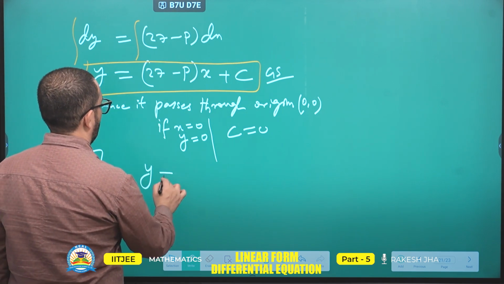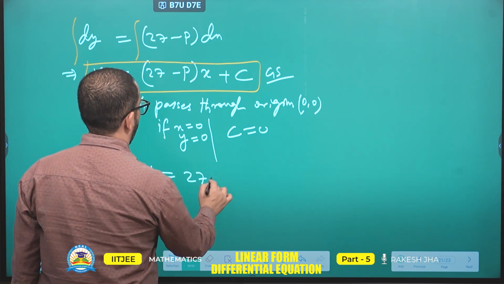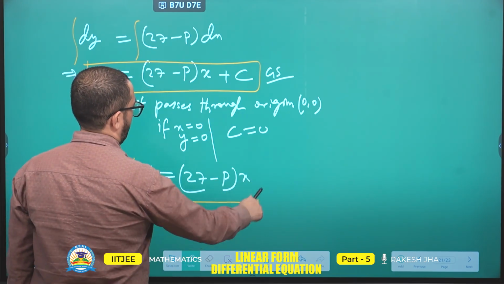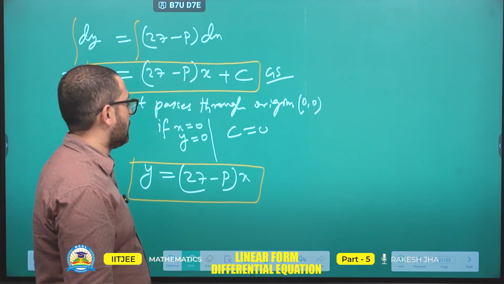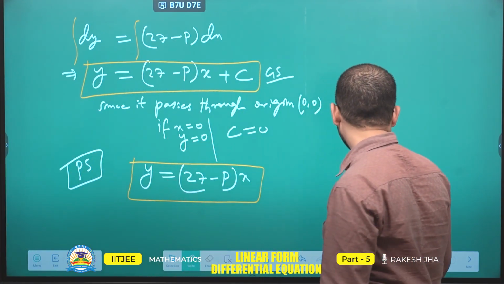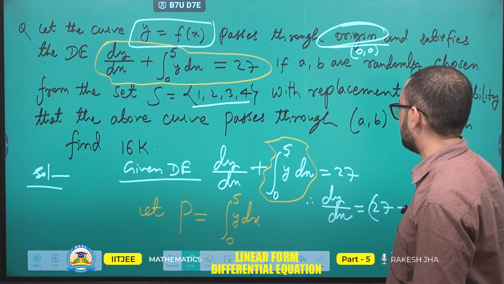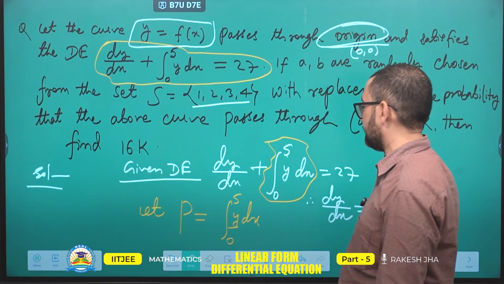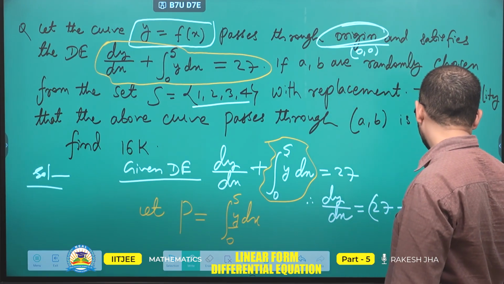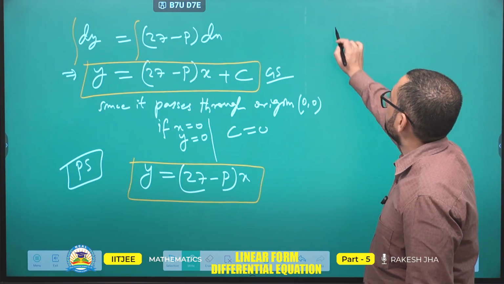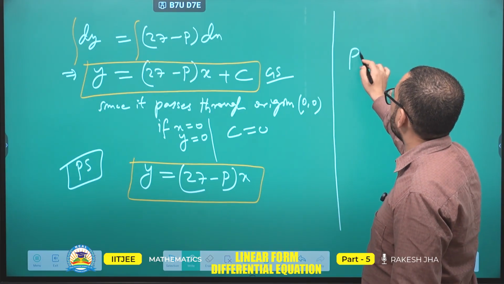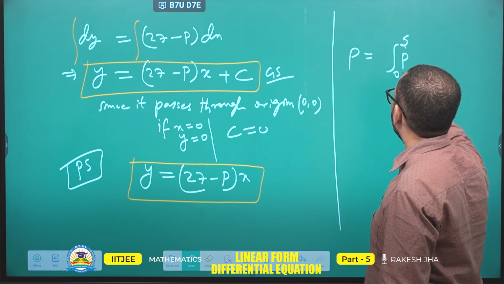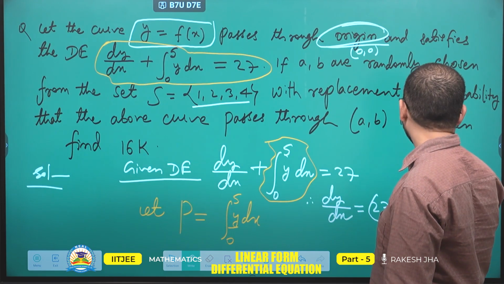y is equal to 27 minus p times x. Now this value we are going to substitute in the given differential equation. So in the previous slide we can see here, in place of this y we can write it. So p is equal to, here p is equal to what? That we have assumed, 0 to 5, p 0 to pi, and